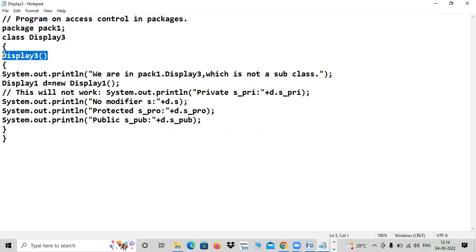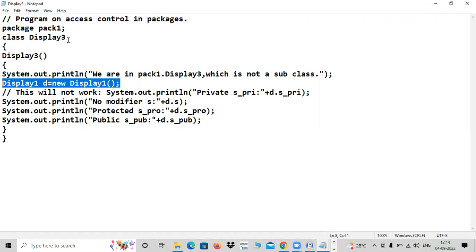And there is a constructor here also. But see what is happening internally. No relation means an object is required, because in the previous class it is a child, so you need not create an object directly; except private, everything will come. But here it is not a child of display 1.